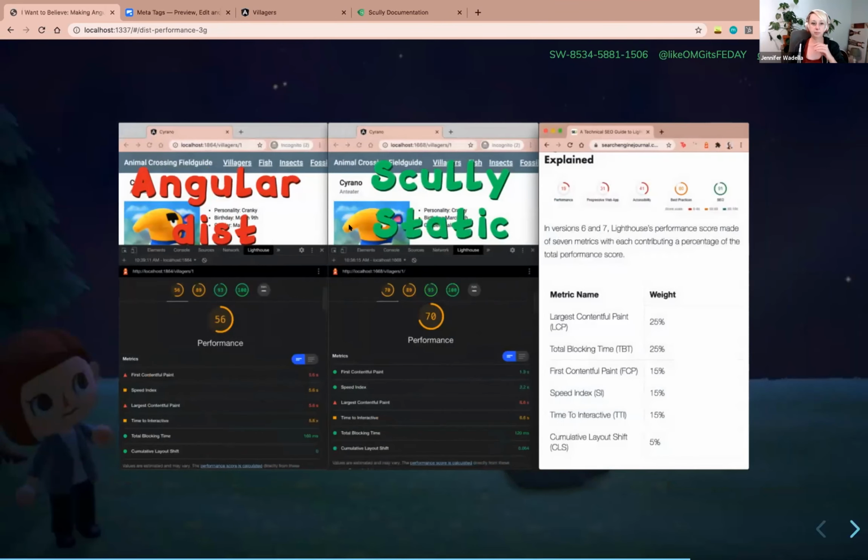All right, so all things said and done, if we run Lighthouse, which is not the end-all be-all of performance assessment, but it can definitely be a good check-in point to get you in the right direction, we can compare and contrast our Angular dist versus our Scully static version and see our performance start to improve. We are serving just markup to the browser that is automatically going to load in images and content instead of having to wait on an API request for that, and loading in some of that data initially from a locally served data.json file instead of having to call out to a different server to make an API request.